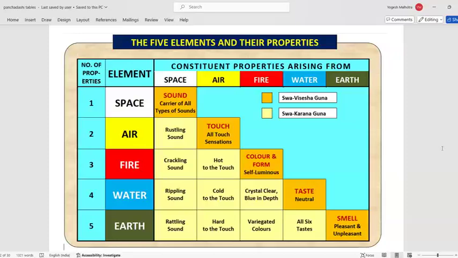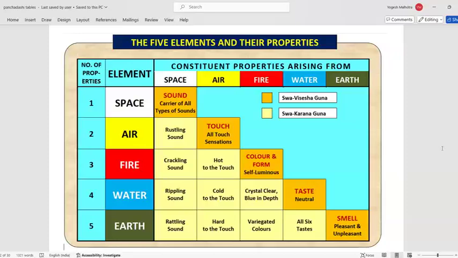Of course, they are not manifest because there has to be some other element where sound can be manifest. That is why, first of all, air is needed for space to be manifest. So from space comes air. For Vayu, we have the guna called touch. Touch is the Sparsh. Sparsh is the feeling, all the sensations that we have. So that is the actual guna of Vayu, or air. But of course, there is also sound associated with that.